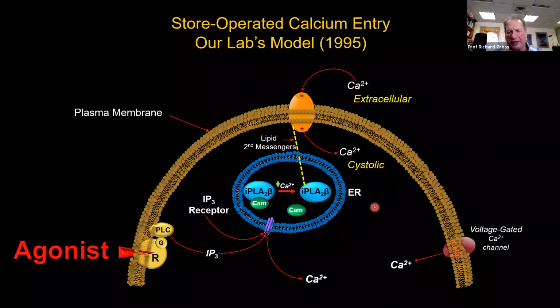When calcium is depleted, iPLA2 becomes activated, and activated iPLA2 produces lipid second messengers. So it could produce hundreds, maybe even several hundred lipid second messengers, including lysolipids, eicosanoids, docosanoids. I mean, the list is long but distinguished. But one important thing about store-operated calcium entry is that with cPLA2 alpha, the enzyme that most people have studied most intensely, in the cells that we have used,